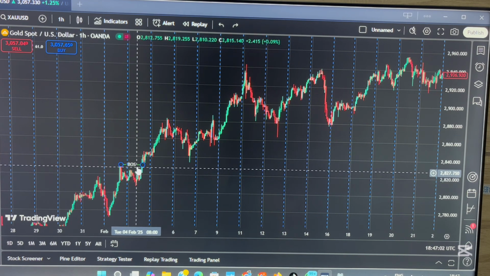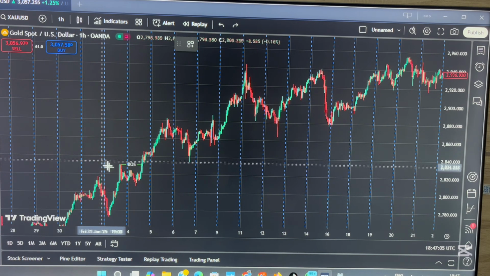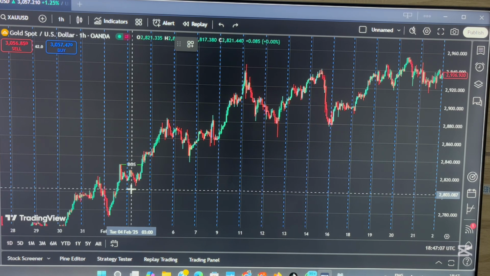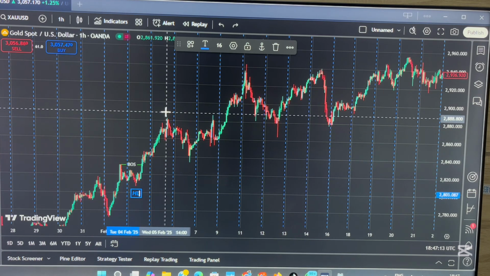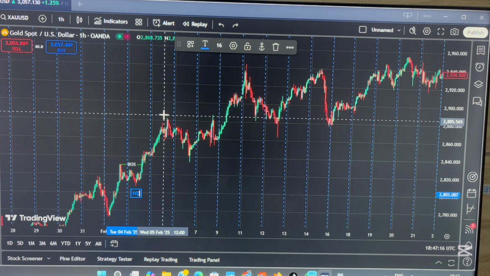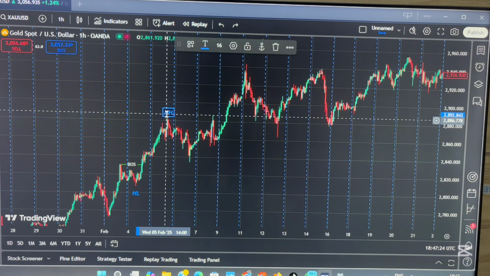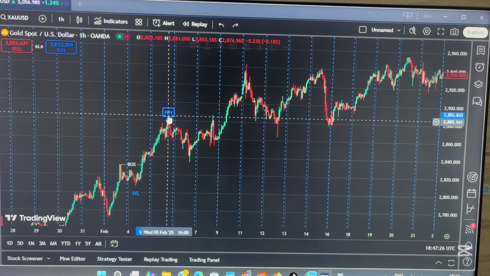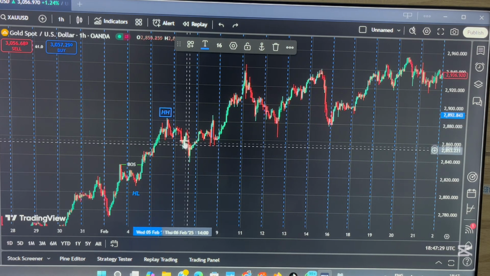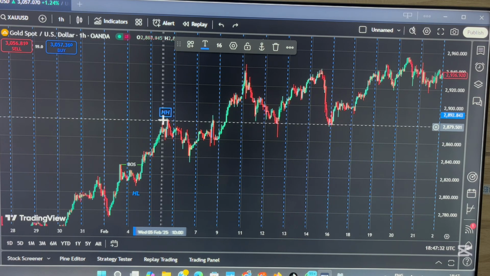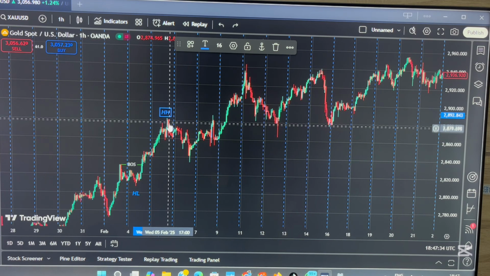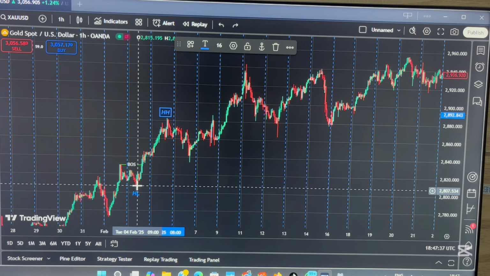Now that you have observed the break of structure, that should give you here to be your low. Here should be your low, and here should be your higher high. You get? If this market has not played out, this is your current higher high. Now this being your current higher high, and this being your swing low, your HL,